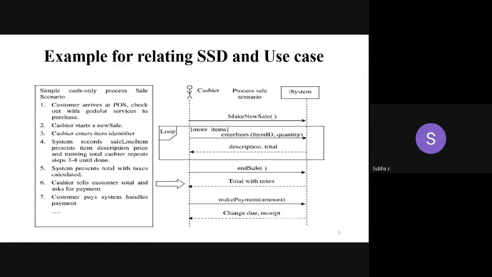So look at the diagram. What are you able to understand? You have one actor called cashier and another one called what? System. System means where your software is installed, where you are going to enter all the items and calculate the total. That is your system. Okay, and don't put it as monitor here. System means the actual system where the software is there. Like that you can have.